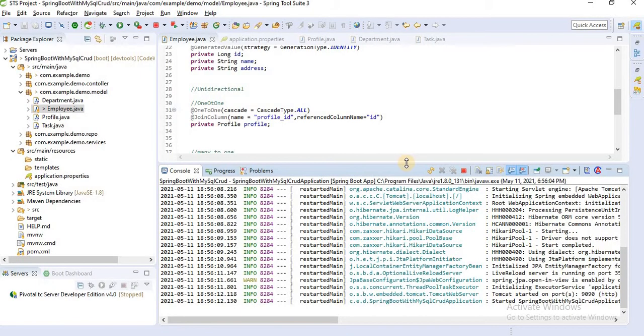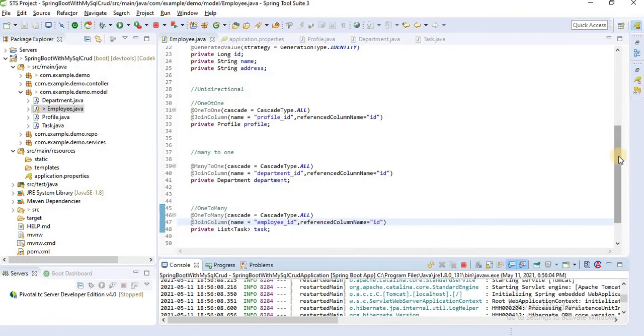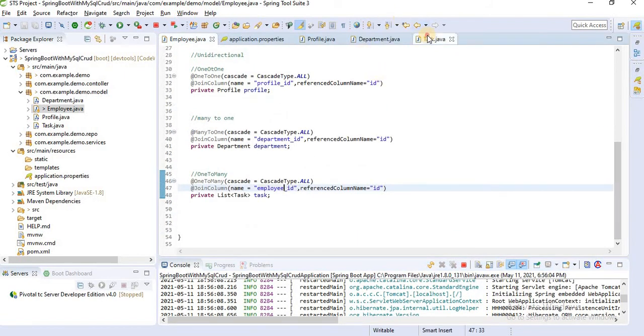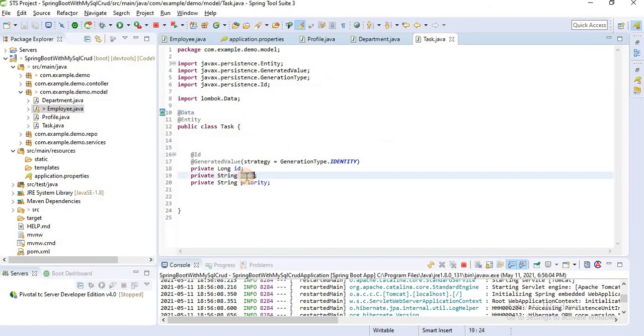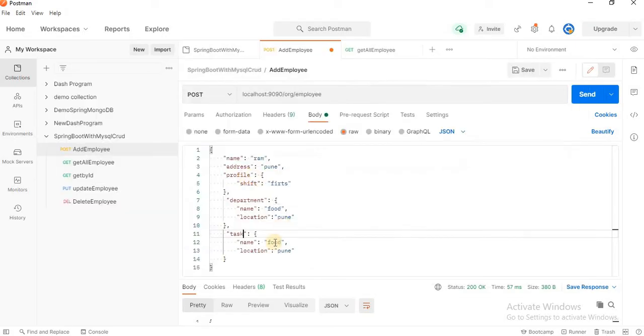Inside the task we have a name and priority. First we have a name, I'll give change text, and priority high.